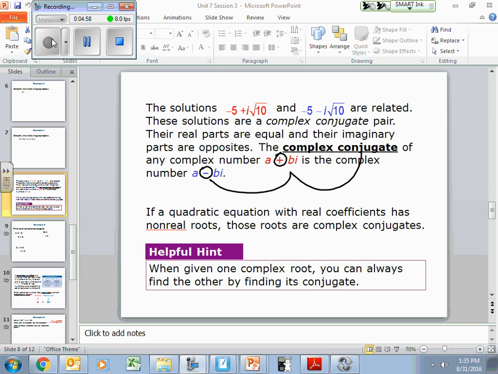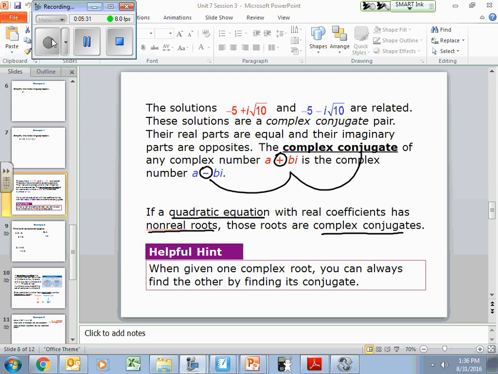If a quadratic equation with real coefficients has non-real roots, those roots are complex conjugates. We're going to read that again. Math talk: if a quadratic equation, which they're about to solve right now, with real coefficients has non-real roots, those roots are complex conjugates. In English, if there's a picture of a polynomial function, those wavy lines, and they are